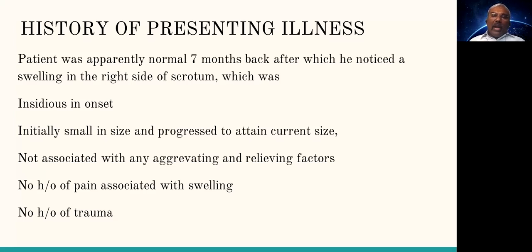Yes, they don't reach that big size because they hardly reach 3-4 centimeters. And usually they're very closely and intricately associated with the cord structures. Can you tell me what are the contents of the cord structures? Sir, there are three arteries: the testicular artery, the artery to the vas, and the cremasteric artery, the pampiniform plexus of veins, lymphatic vessels, testicular sympathetic plexus, and the genital branch of the genitofemoral nerve, sir.